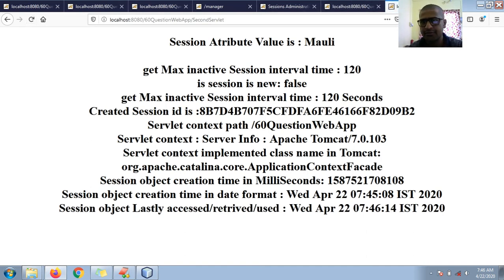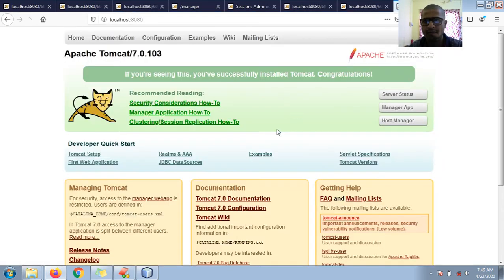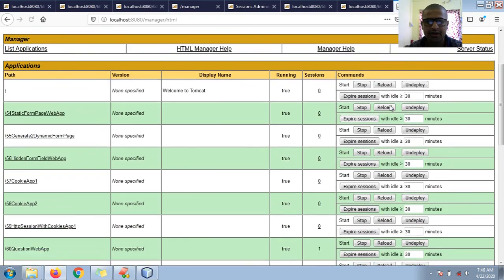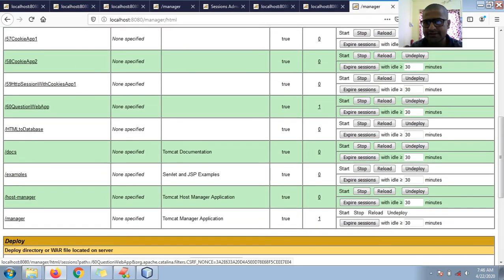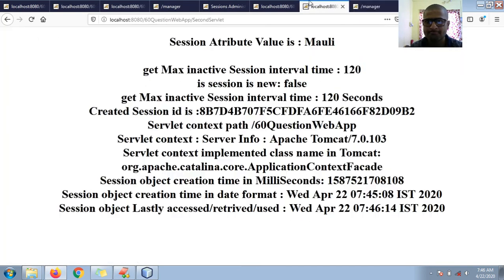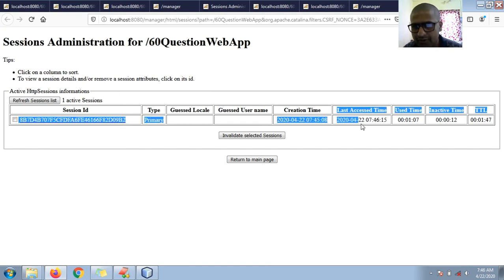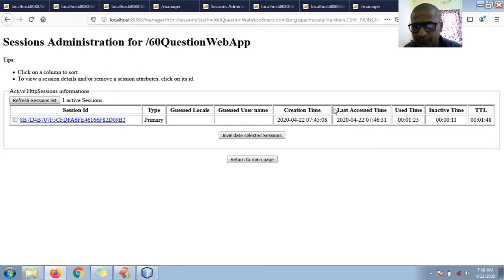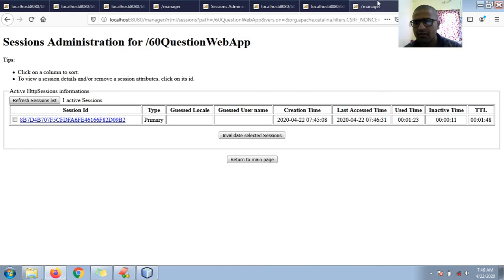So let me go to my Tomcat server console, localhost, and manager app, and you can see here the lastly accessed time of my session question app, and you can see the same. Control F5. So 7:46:15, near about the same, 7:46:15 last accessed time you can see here. Okay, fine. So last accessed time, that is 7:46:31.